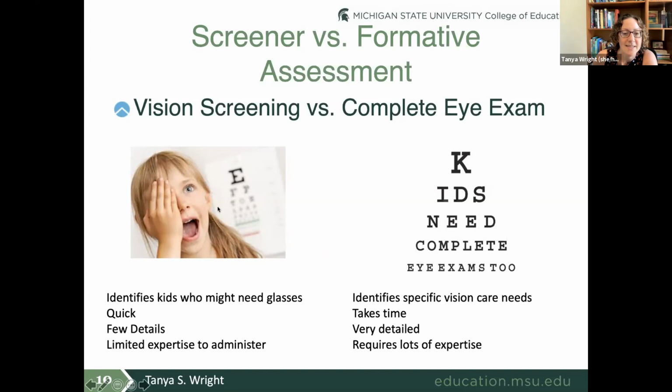And I want to use the analogy of a vision screener, right? It asks kids a few questions, even though sometimes teachers say it takes forever to do the assessments. They're really only getting a few questions. It's really only asking kids a few items to try to figure out sort of where they are,